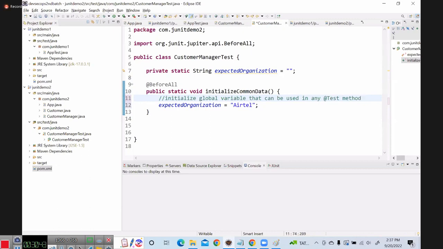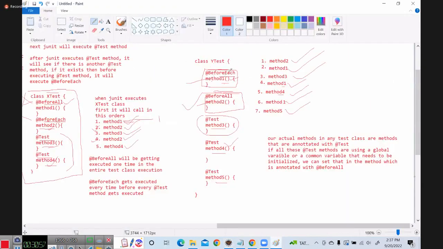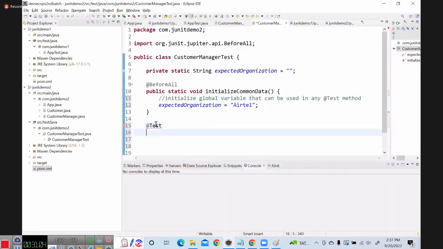Now, what I'll do is I'll just write one test method for now. Simple test method. Okay, I'll write only one BeforeAll and test method. Before each we'll see afterwards. First, I'll write with BeforeAll and test method. Only one test method and BeforeAll. If I have only one test method, BeforeEach is not required. Okay, BeforeEach is needed when